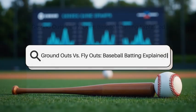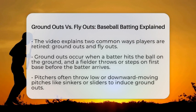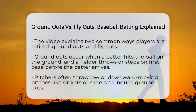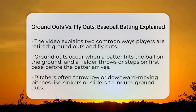Ground outs versus fly outs, baseball batting explained. Imagine watching a baseball game and wondering how players get out so often. Today, we're breaking down two common ways batters are retired, ground outs and fly outs. These are basic but very important parts of baseball that tell us a lot about players, hitting styles, and how